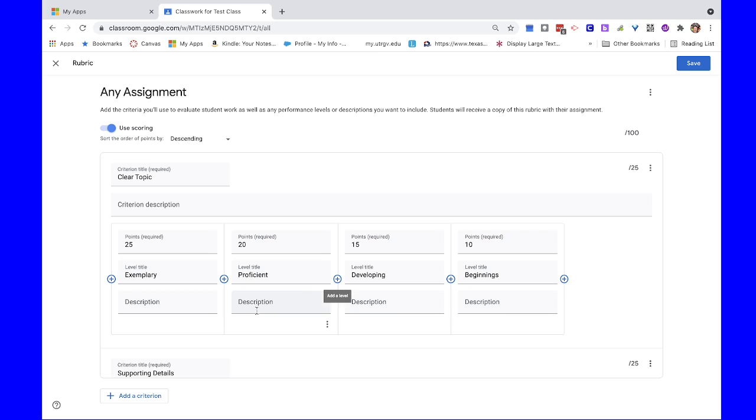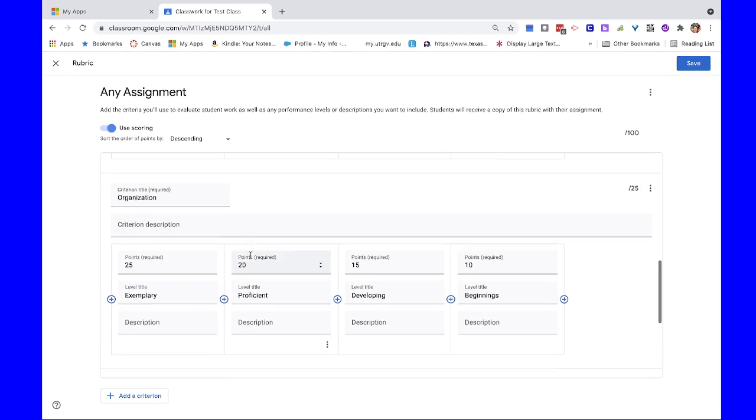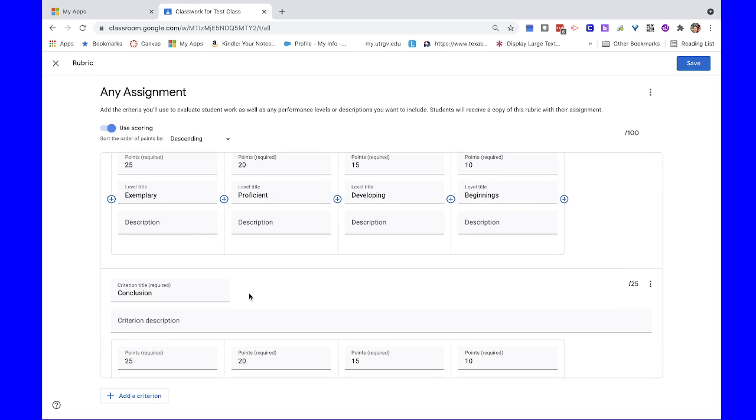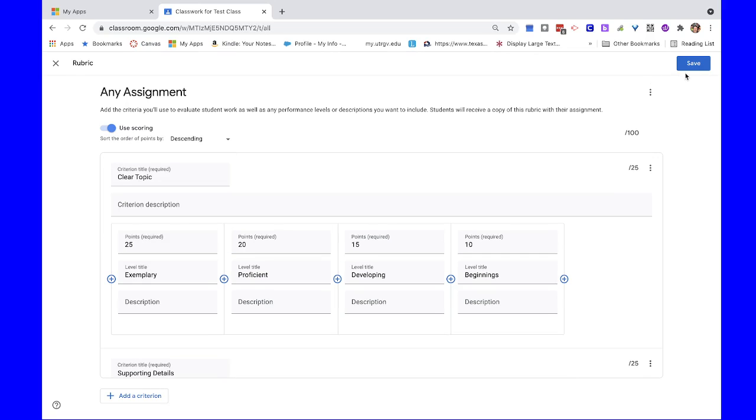But what I've already done is I've created my 4 categories. I've added my point values. I've got the titles. And it does take a little bit of effort to describe each different category. I'm not going to go into that now, but when I save it,